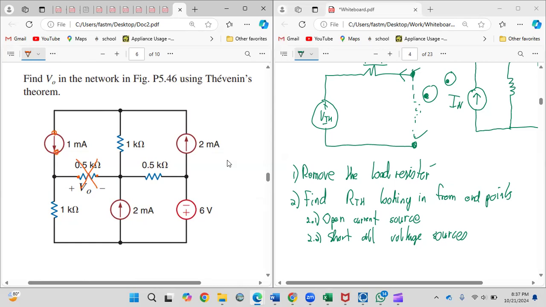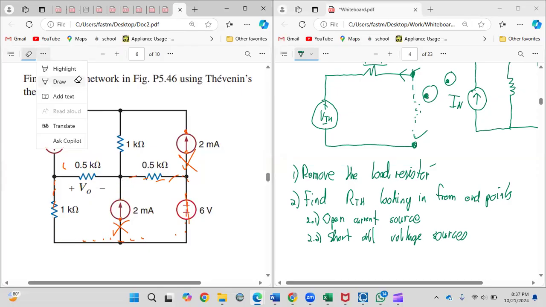So you open circuit all current sources and you short circuit all voltage sources. Then you're looking in from here, trying to get R Thevenin. So there's no current flowing through here, and we use our stick man, you walk in, go through here. Here's our open circuit. Then you go through here, and you come back through here. Nothing flowing here, nothing flowing here, nothing flowing here. So you basically just have a straight path back to the terminal. And the next thing you do, you go back to the original circuit,